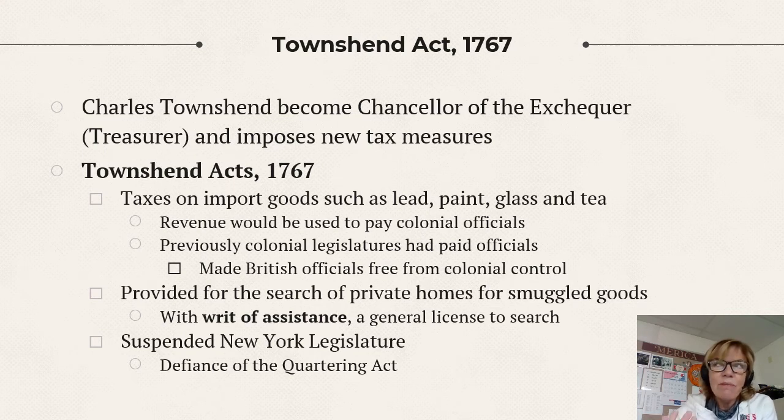What made the colonists really upset, aside from the fact that it is a direct tax, is that they're taking away the colonial legislature's power to pay those royal dignitaries, the colonial officials, right? If the people who are paying them are here in the colonies, then they have to serve them, right? But now the money is going to the king, and the king is going to pay them, not the colonial legislatures. So they have to be beholden to the king, right?